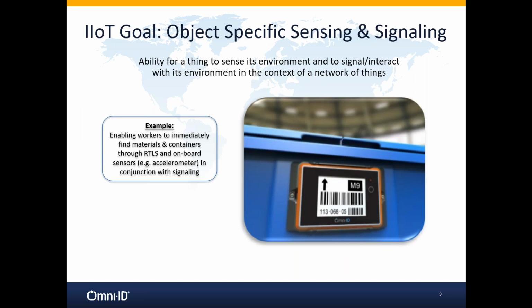So the IoT goal, industrial IoT goal, is that the object be sensing and signaling its location. And IoT, of course, Internet of Things, means that the thing becomes smart and can now talk to different things around it, specifically up through the internet, but also to talk and interact between other bots or other machine items. This means that a smart